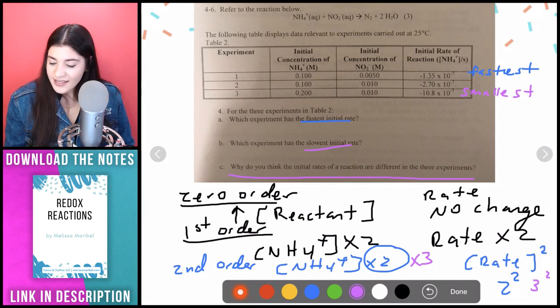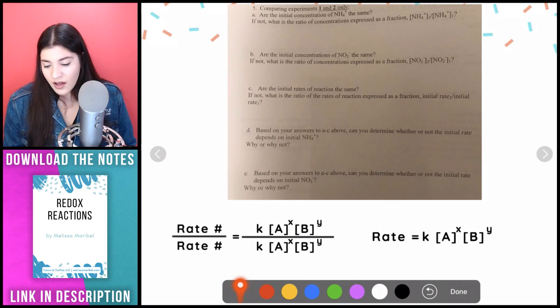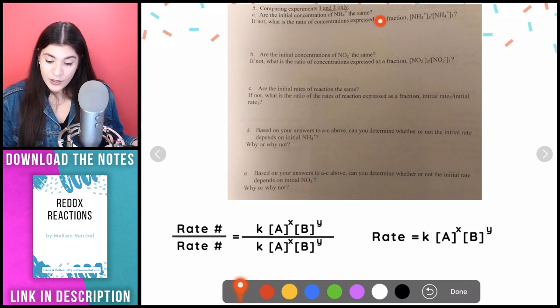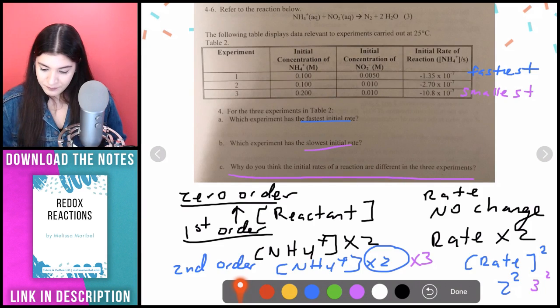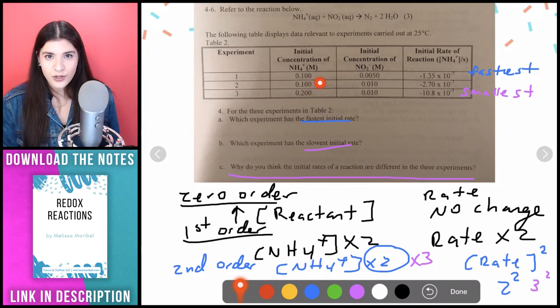Not only that, and that's what we're going to get into with the next part of this question, which I'll go back to the graph or the table, it's asking you, are the initial concentrations of NH4 plus, ammonium, the same? And it also asks about NO2 minus. Are those concentrations also the same? If I go back to that table, then I would see that initially these two are the same. And why are they the same? That means we haven't changed our concentration whatsoever.